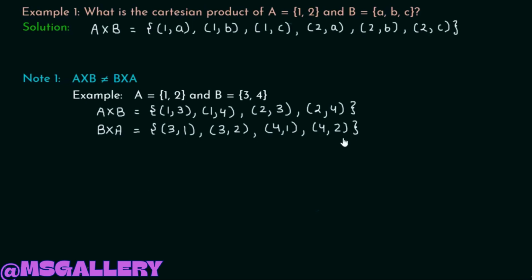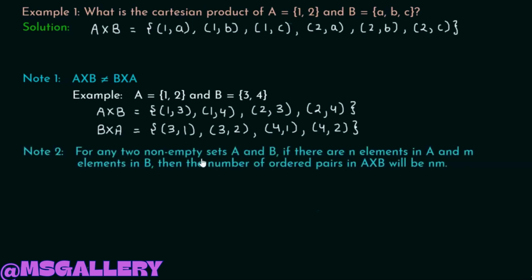Here is one more important note. For any two non-empty sets A and B, if there are n elements in capital A, that is set A, and m elements in B, that is set B, then the number of ordered pairs in A cross B will be nm. This is very important, okay? There must be nm elements in this A cross B set. If there are n elements in set A and m elements in set B, then A cross B must have n into m, that is